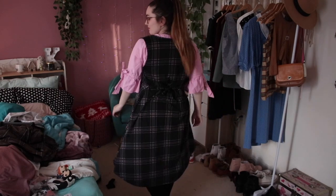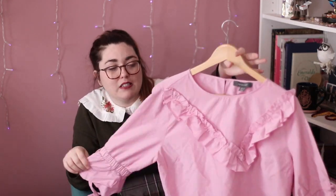It fits super well. It came really quickly, and it's made of like a really soft cotton material. And yeah, I mean, I have like no complaints. I think I got it for like $5 or $6, so really not that bad. The only downside is that there's a pretty hefty shipping price when it comes to Poshmark. Shipping is like $7, so I paid more for shipping than I did for the actual item,